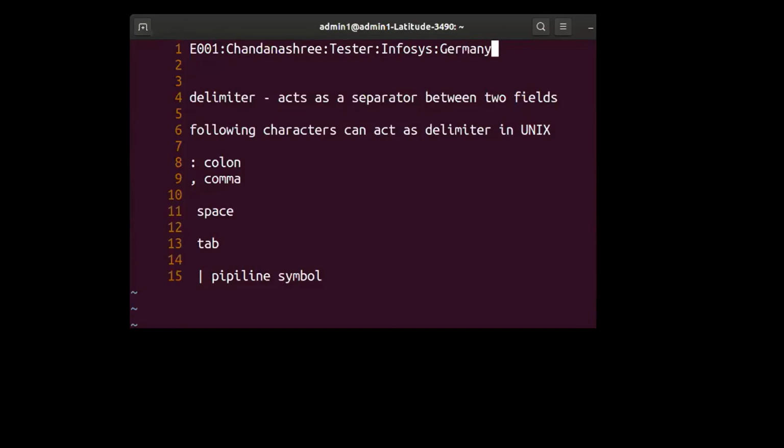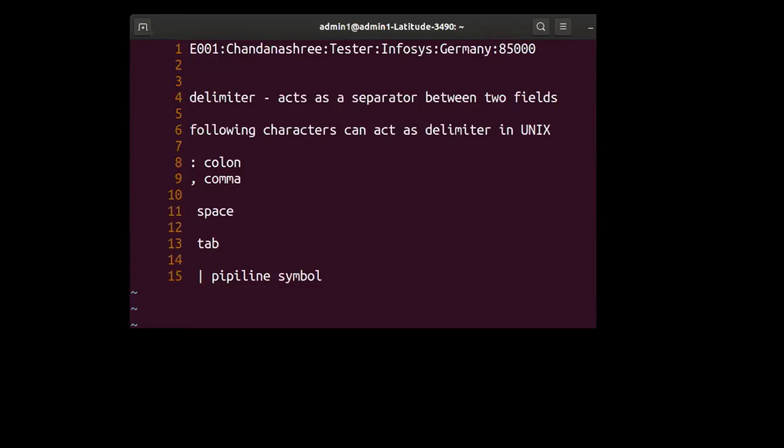She does not want to stay on the Infosys campus either in Electronic City in Bangalore, or she's not interested in Mysore. Chandanashri always wants to go abroad. That's what she was telling me early morning today. So she wants to be in Germany, and then I'm going to put the salary. I did not ask, so I'm just putting the salary as, let us say, 85,000 rupees.